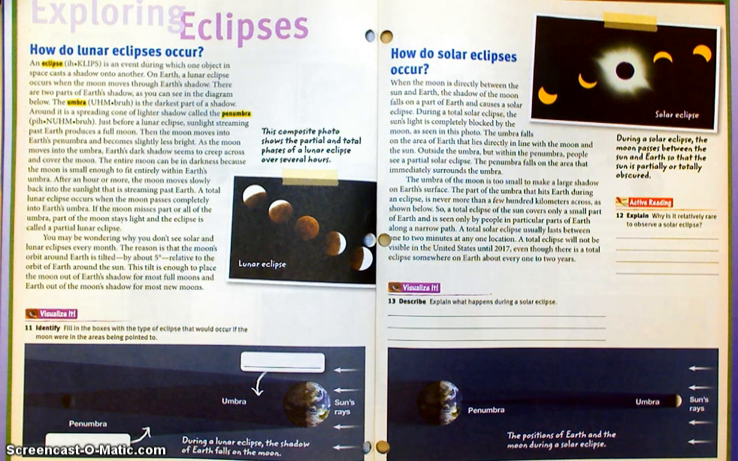A total eclipse will not be visible in the United States until 2017, even though there is a total eclipse somewhere on Earth about every 1 to 2 years. Okay, so